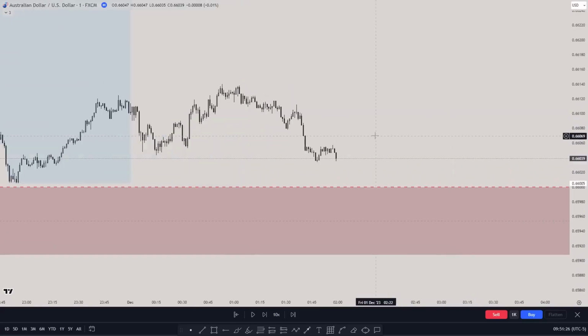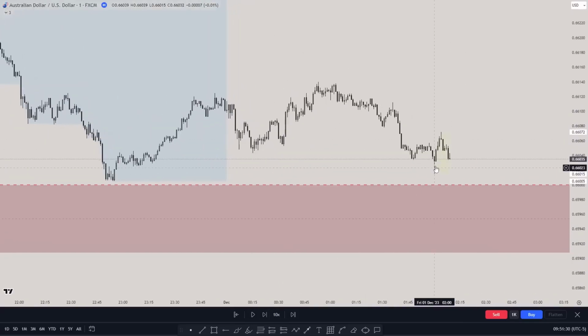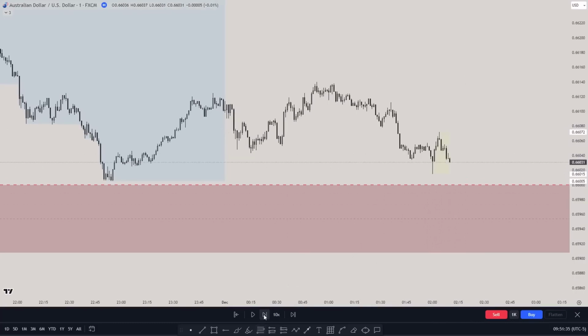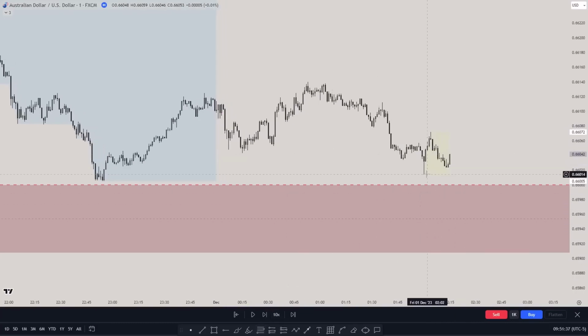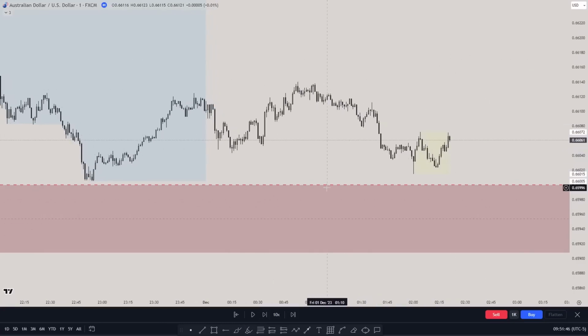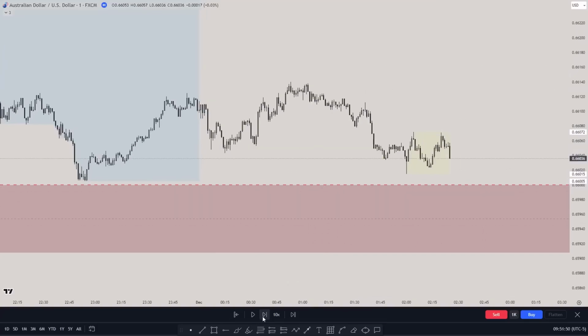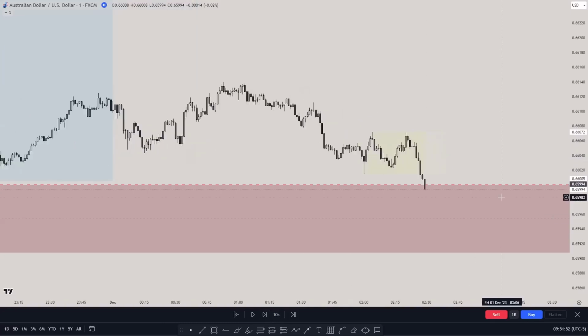So we see price coming lower, playing the price action here. This is the start of the London kill zone at 2 a.m., this yellow zone. And we can see price is coming lower still. No sweep of those levels, the Asian low and then the other lows and the fair value gap. What do we see happen here? And I'll show you the execution right here, okay? I'll show you where I executed, when I sent it in the Discord. And we can see now that price actually went lower.